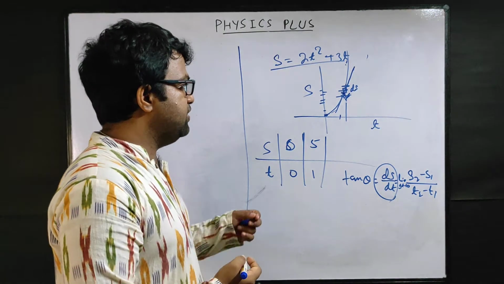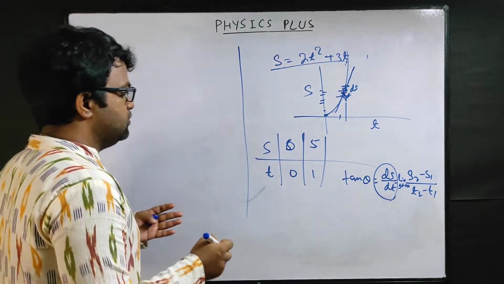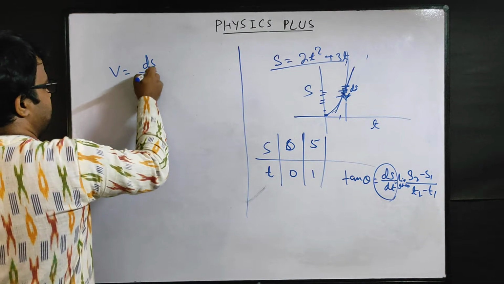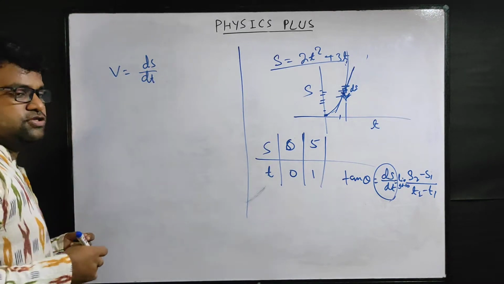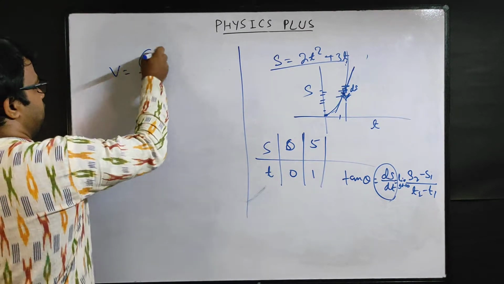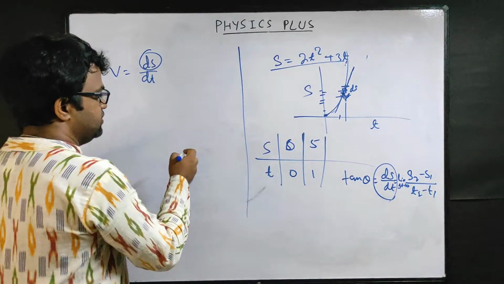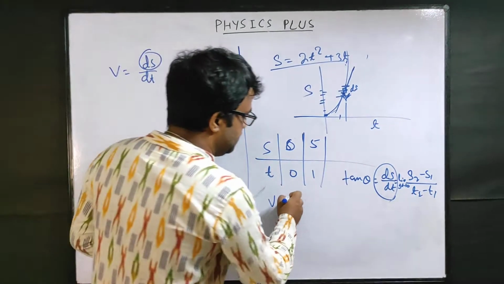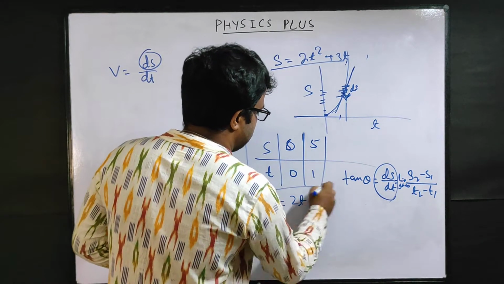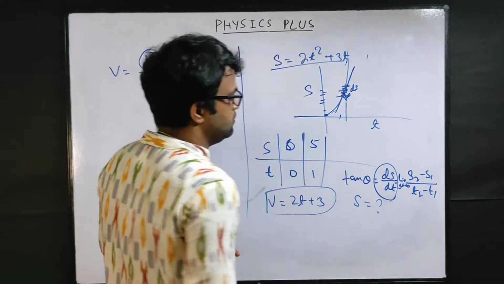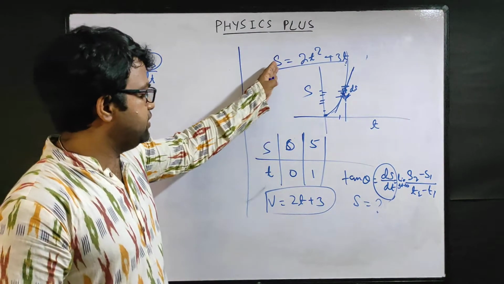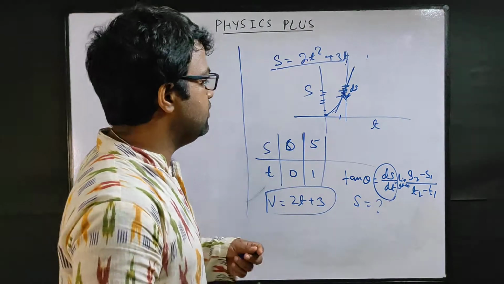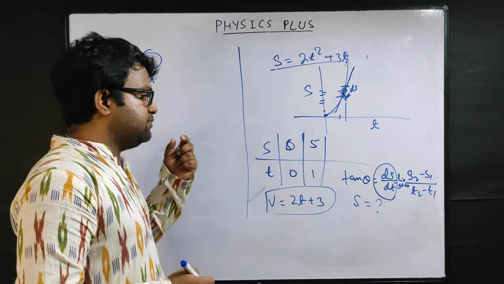Now similarly, we are getting the velocity v is equal to ds by dt, right? v is equal to ds by dt. Now suppose v is given in some expression, v is a function of time, let's say v is equal to 2t plus 3, like this, and s is asked. What is s? Like going here we calculated v from s. Now v is given, you have to calculate s. So how will you calculate? You have to calculate by antiderivative.